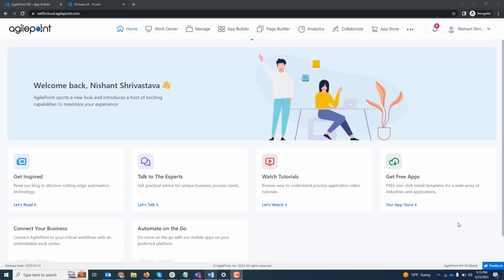Hey guys, in this video, we are going to look at the newly redesigned App Designer homepage. App Designer is perhaps the most important module in any low-code, no-code platform. Especially with the rise of citizen developer trend, it is important to offer a guided, intuitive experience for app designers,